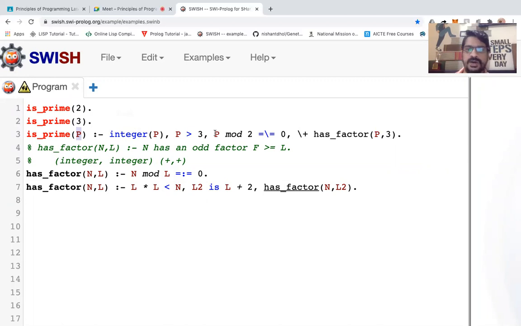ना अगर 4 आया तो हम क्या करेंगे, ये सेटिस्फाई करता है 4 इज अ प्राइम नंबर, देन 4 इज ग्रेटर देन 3, ये भी सेटिस्फाई करता है. फिर यहाँ पर देखेंगे 4 mod 2 है या नहीं है. सो 4 mod 2 क्या होगा, 0 इज इक्वल टू 0, देन ये कंडीशन सेटिस्फाई नहीं करेगा. क्या होना चाहिए, नॉट इक्वल टू 0 होना चाहिए. मान लो अगर 5 आया तब क्या करेंगे,